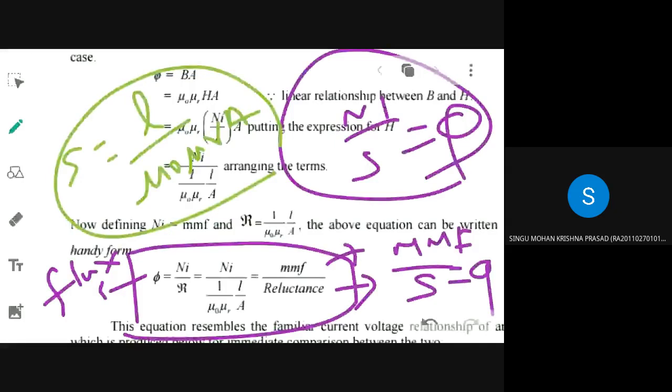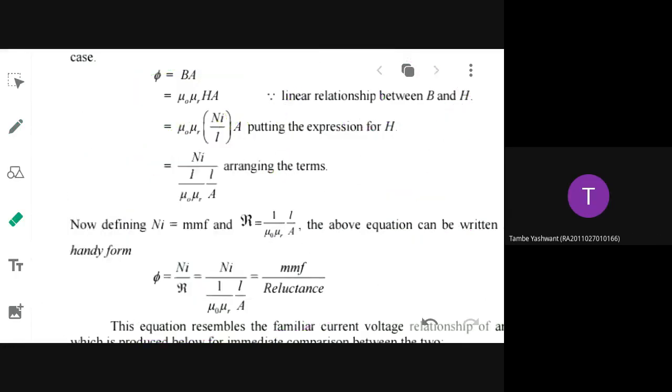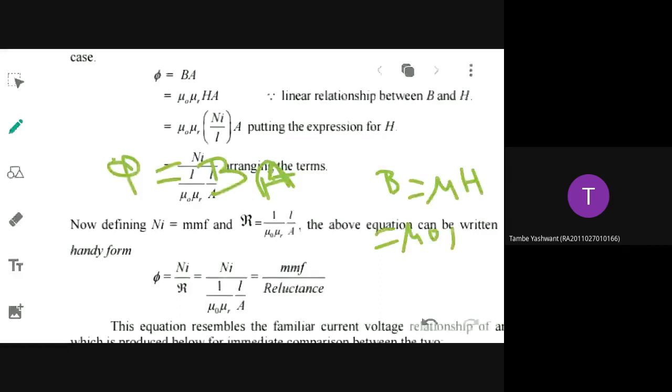So have you understood how I have derived the reluctance based upon what relationships? Yes or no? Very good. So phi is equal to B into A, right? You know various relations that go for B. So B can also be related as mu H, so mu naught mu r H. You know how to write H. How to write H?